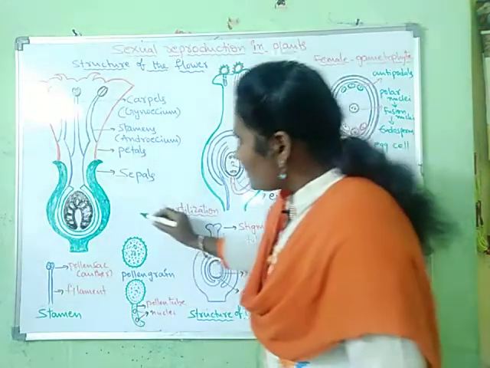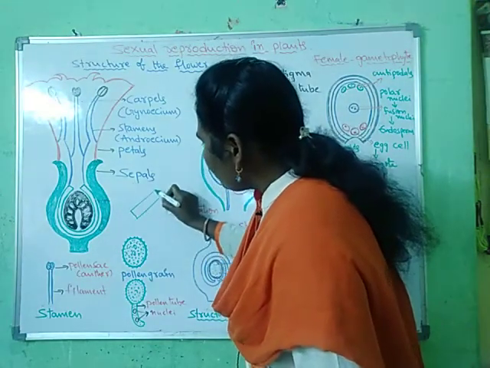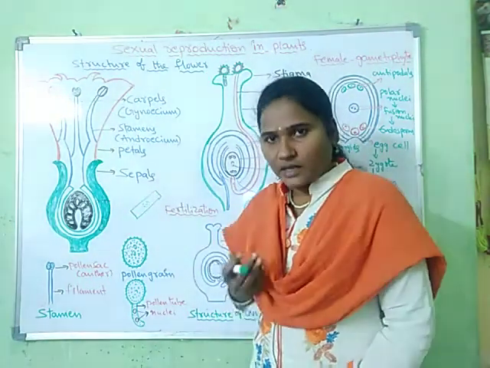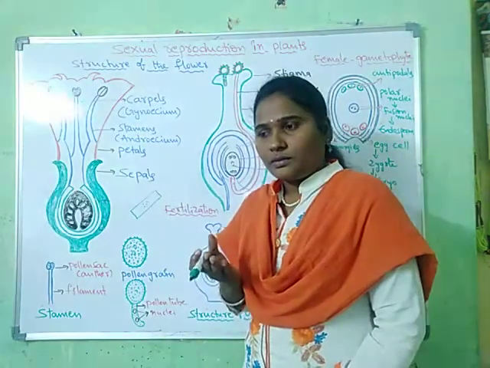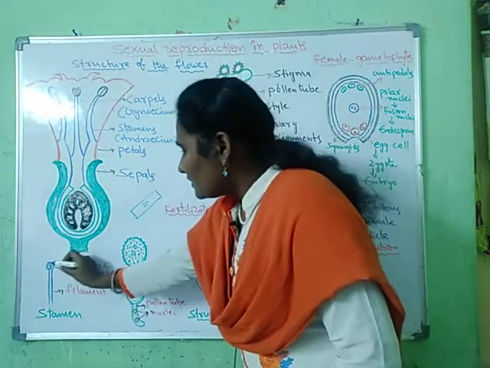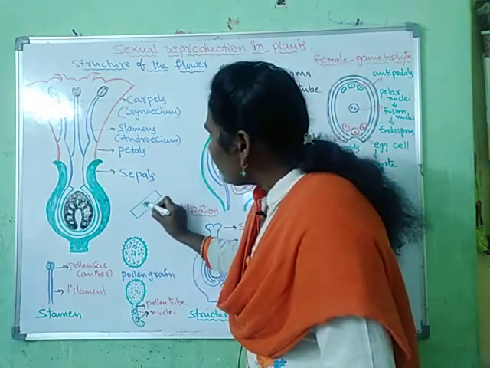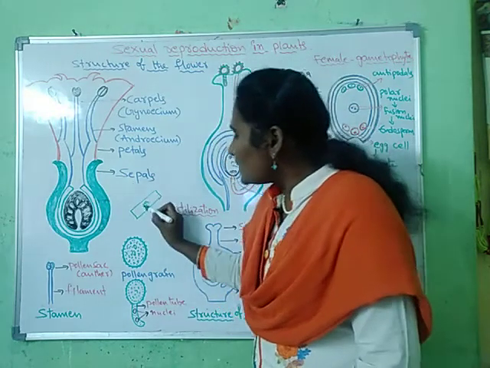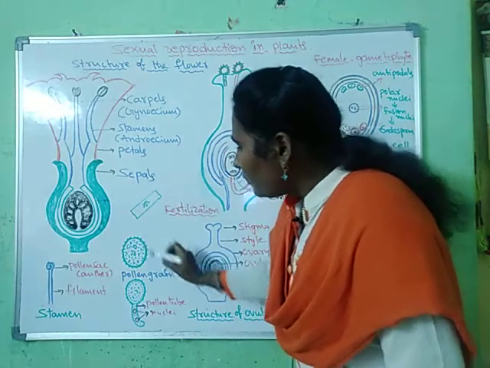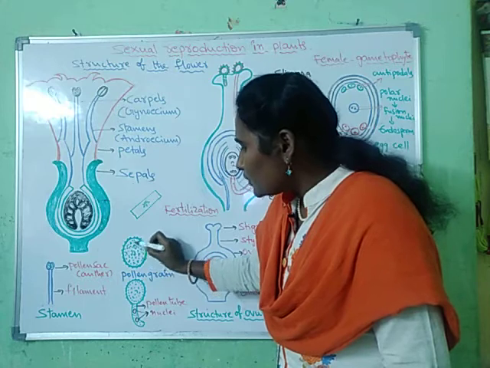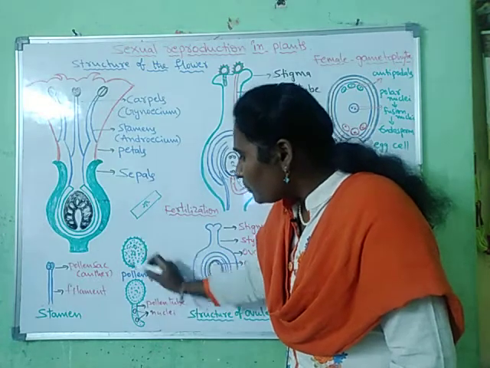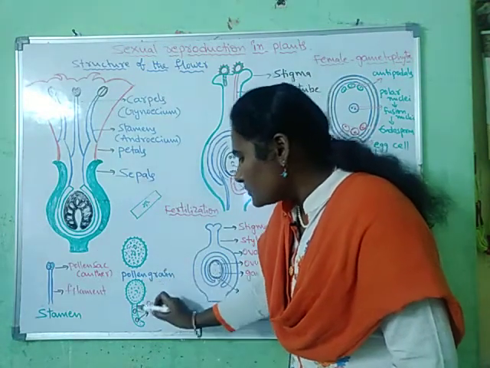For this, you just take a slide, put some water drops on it, and take one flower like hibiscus, tridax or marigold. You tap the anther, the pollen sac of the flower, over the drops of water. You will see some dot-like structures; these are the pollen grains. Every pollen grain consists of two cells. One of the two cells is a tube cell. The tube cell consists of two nuclei. So, when the pollen grain germinates, it forms a pollen tube.